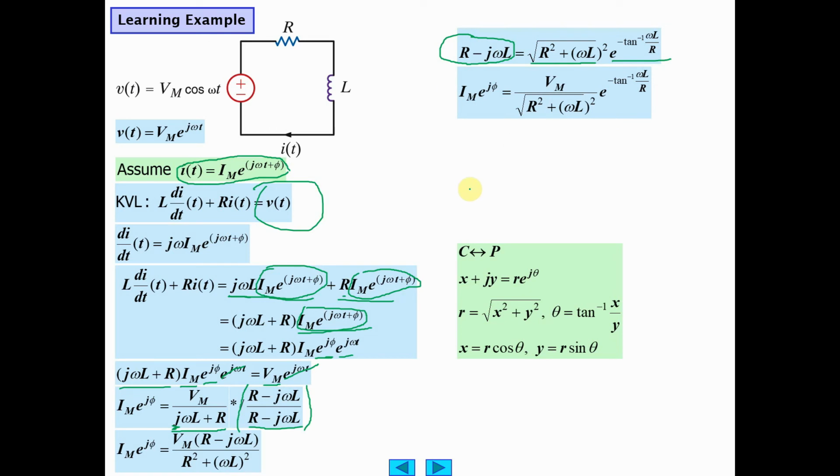Vm R is the real part, which has to equal Im cosine phi. Negative omega L is the imaginary part, and that has to equal Im sine of the phase angle. This is just expressing the numerator as a magnitude and a phase angle. So, gathering everything together, we can substitute this right here, and of course this stays alone, and we get this. So we have the Vm term,